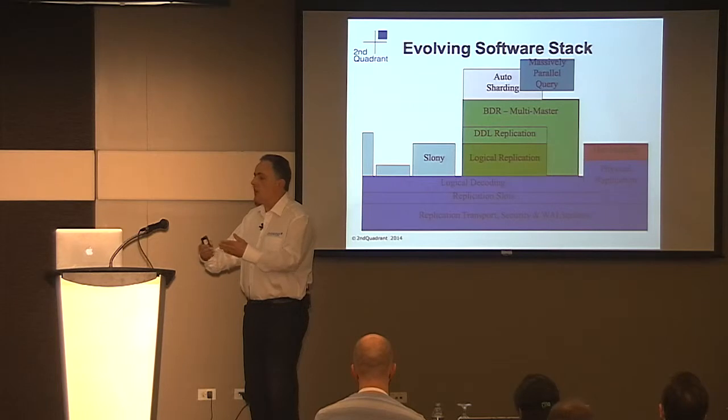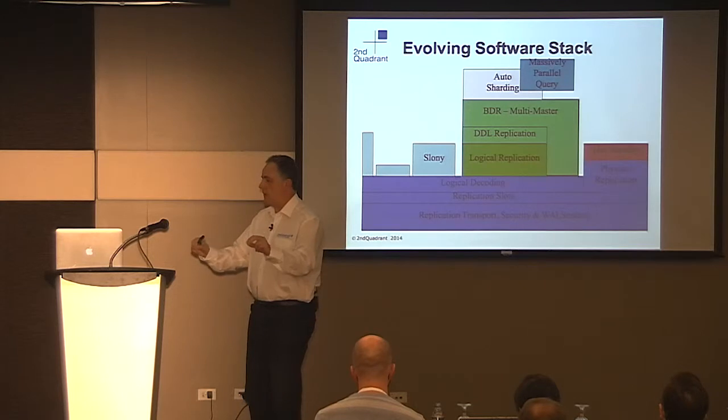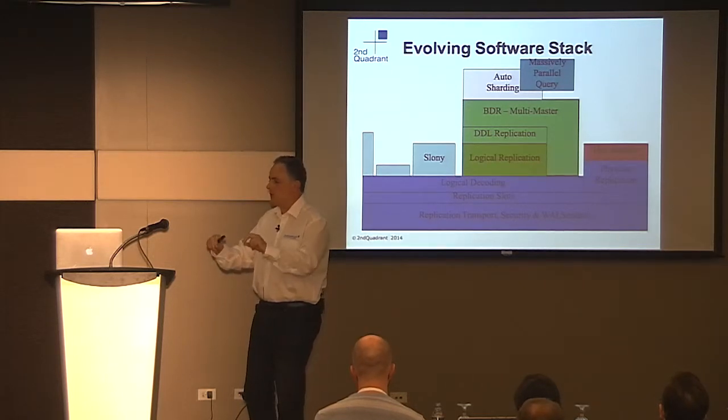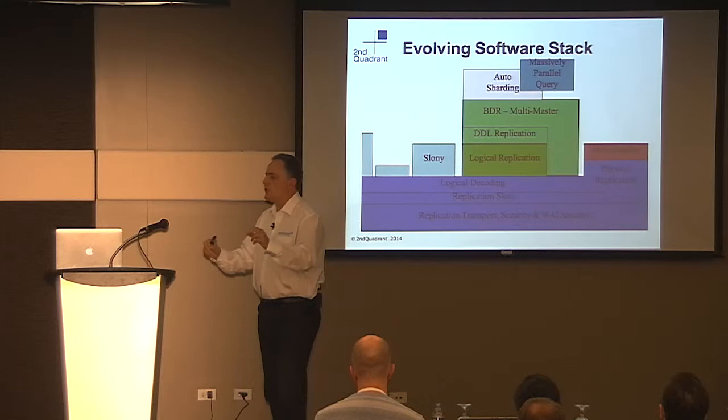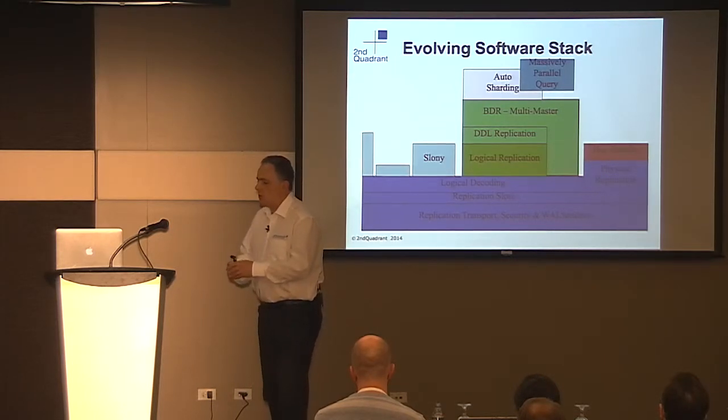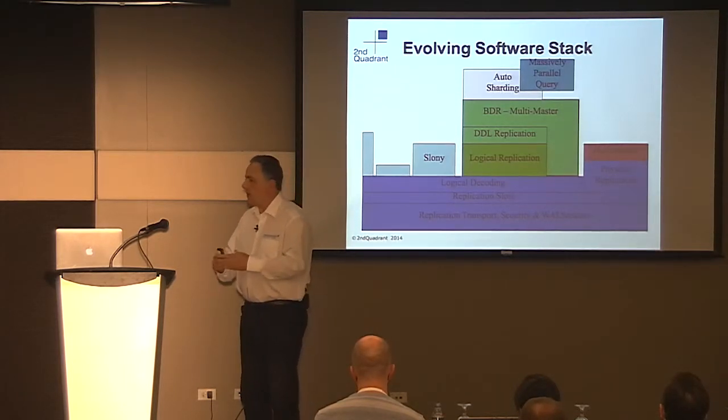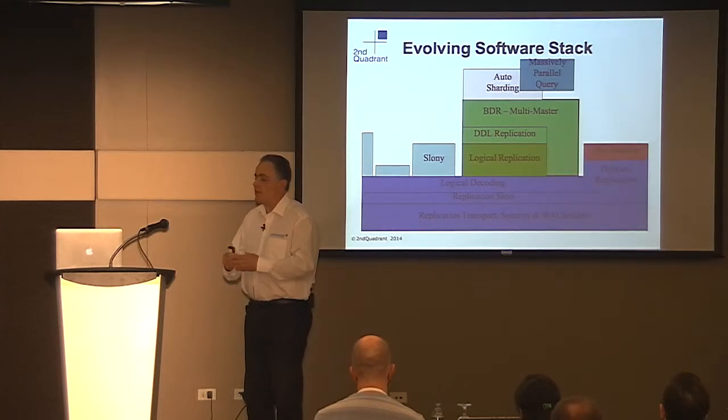So what's been implemented is conflict resolution, in that we detect that there are two potentially conflicting changes to that data, and then the resolution mechanism is to pick one of those two data rows. But because it needs to be resolved in both places, we need a resolution algorithm that is similar in both places. So we can't just randomly pick one of the rows, because that would end up with a divergence between the two. So we provide what's called last update wins as a default resolution mechanism, but we've also implemented conflict triggers that allow you to define more exactly how that should be handled.